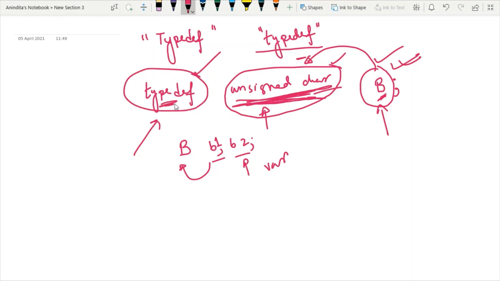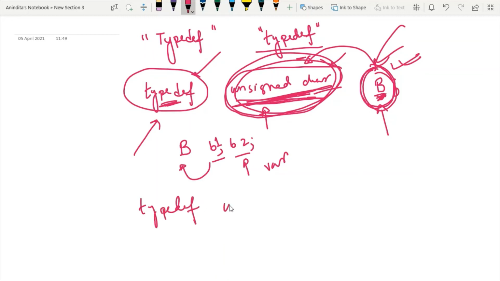Whenever you write typedef, you are giving a nickname to some type representation. Is it mandatory to write capital letters? No, it is just a convention. You can write small letters too. But since we are creating this abbreviated form, it is a convention in the C programming language that we should use capital letters for it. So this is the basic use of typedef. You can write this kind of syntax also.